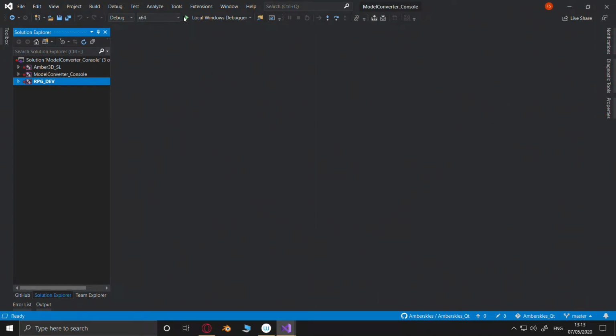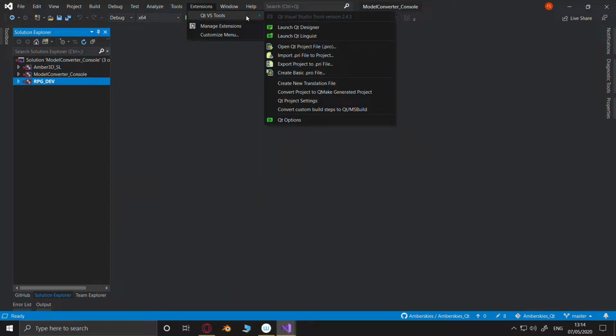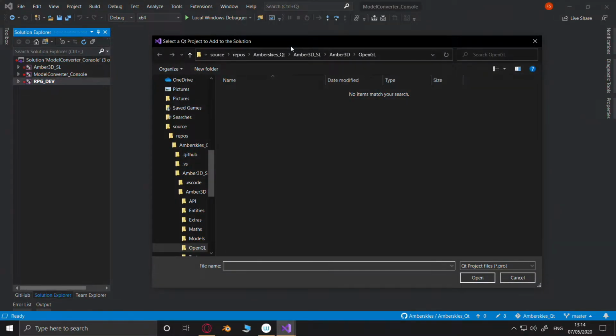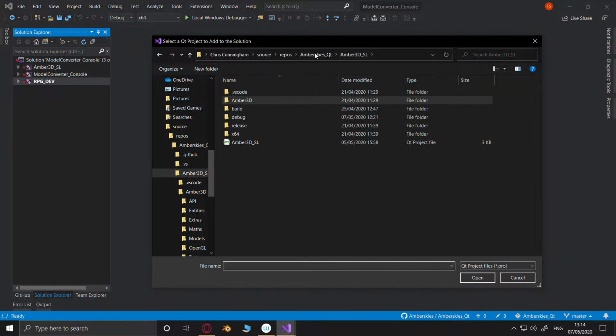In here, I now go to extensions, Qt VS Tools, which I have managed extensions and added and set up properly. Open .pro, and it's in World Builder, please. Where is it gone?